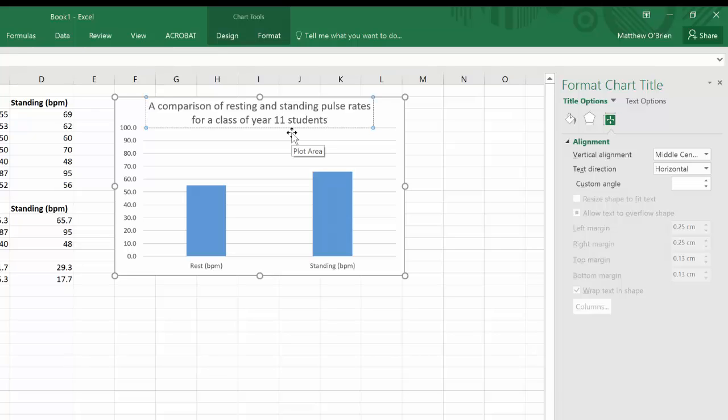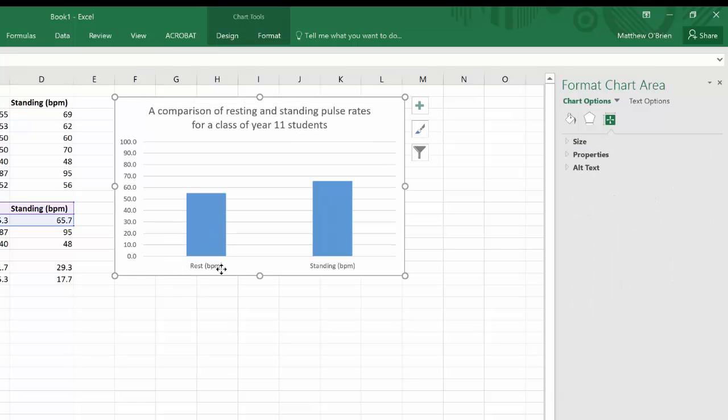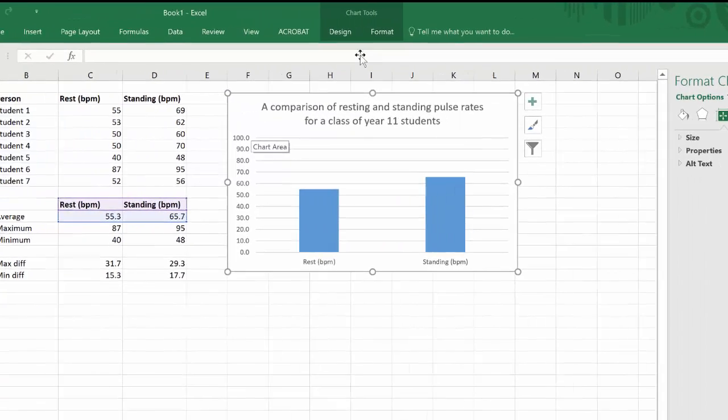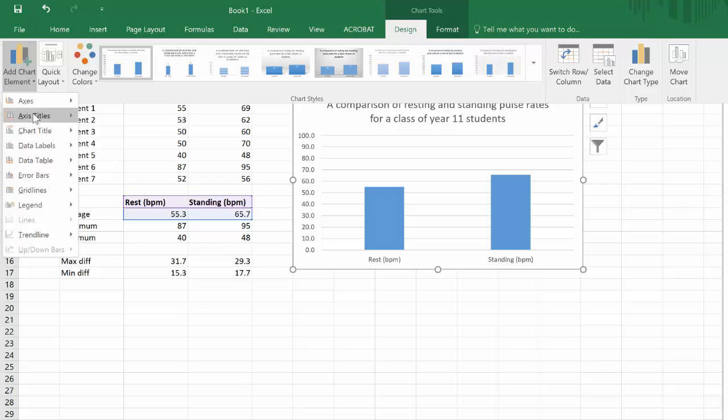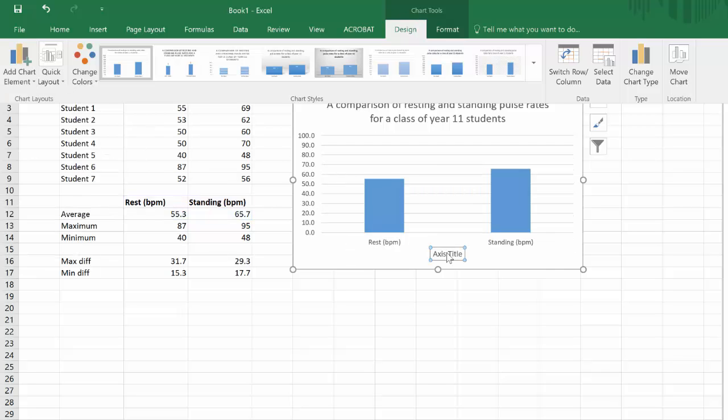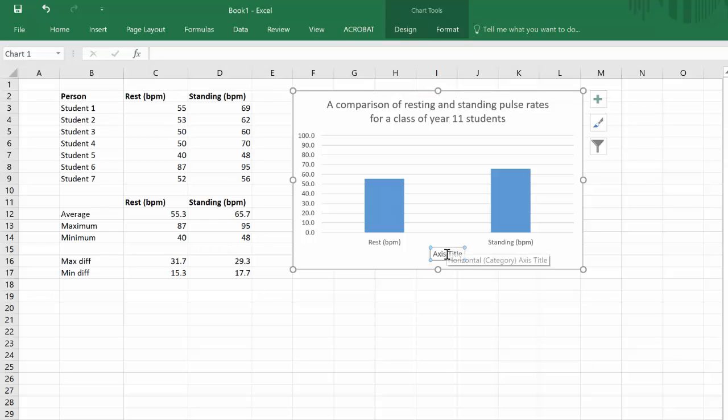So that way, anybody looking at this would understand what experiment has been done just by reading that title. Now I also want to put some axes labels on there. The way I do that is from my design toolbar, and I want to add a chart element. The chart element I want to add is an axis title. So on my primary horizontal axis, I'm going to add that now, and the title for that will be the